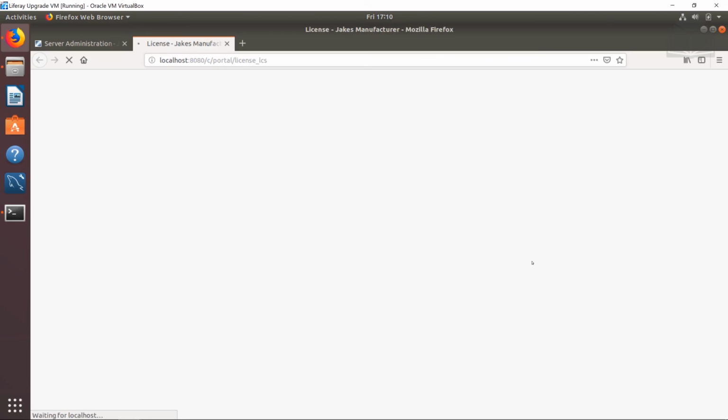It says Jake's Manufacturer. Again, I know it was a while ago, but recall how we started up a brand new instance and then we connected it to the database. So the fact that I see Jake's Manufacturer is a good sign. Not everything went according to plan because I messed up. So even though there might have been a couple of hiccups here and there,